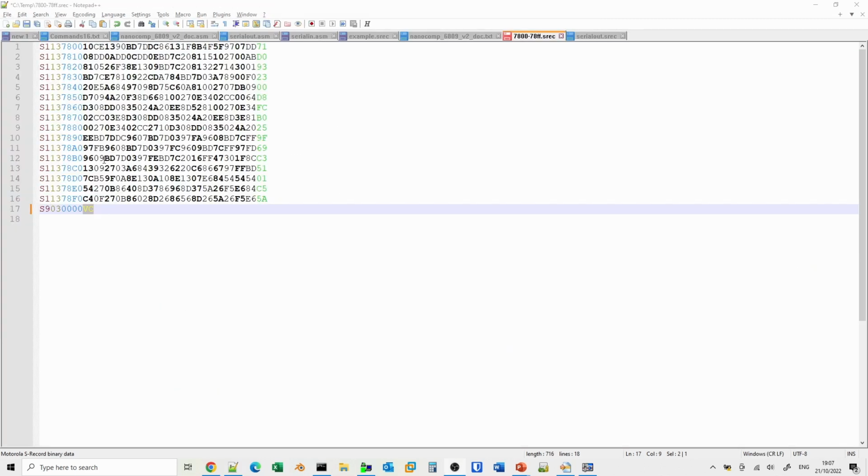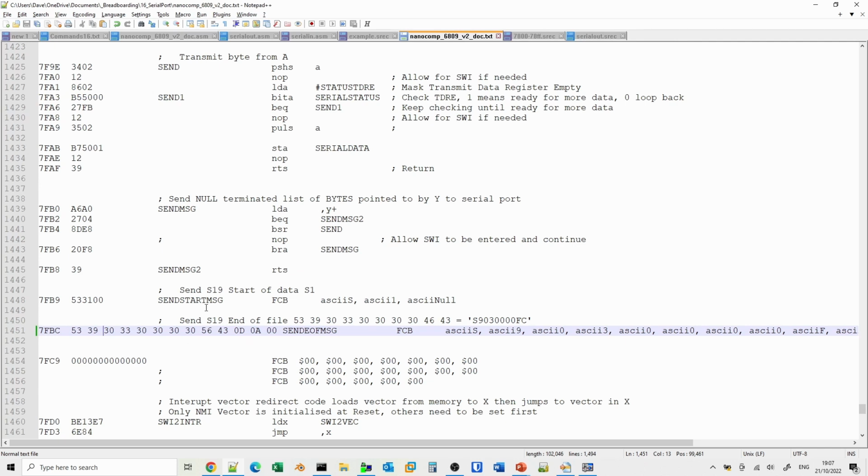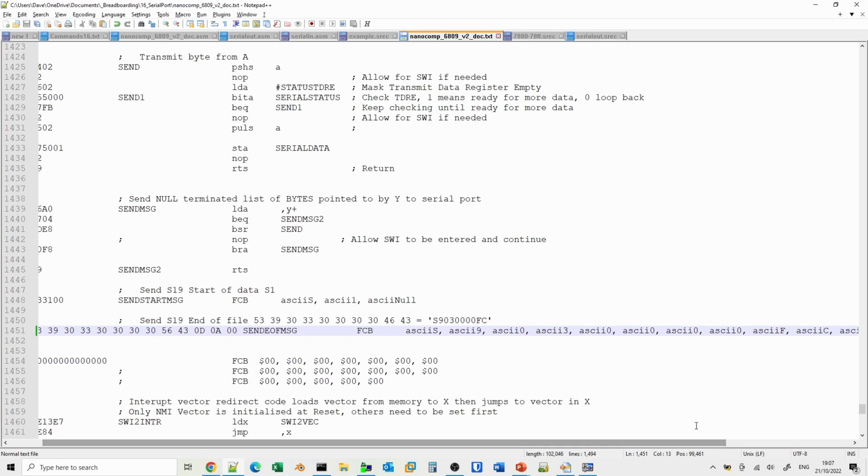Okay, so the issue we had was that we've got the invalid checksum at the end here. And if we go to the output file from the assembler, this is the end of file message. So this should be C on the end. Now I can see here we've got a label here, ASCII F, ASCII C, so it should be FC.